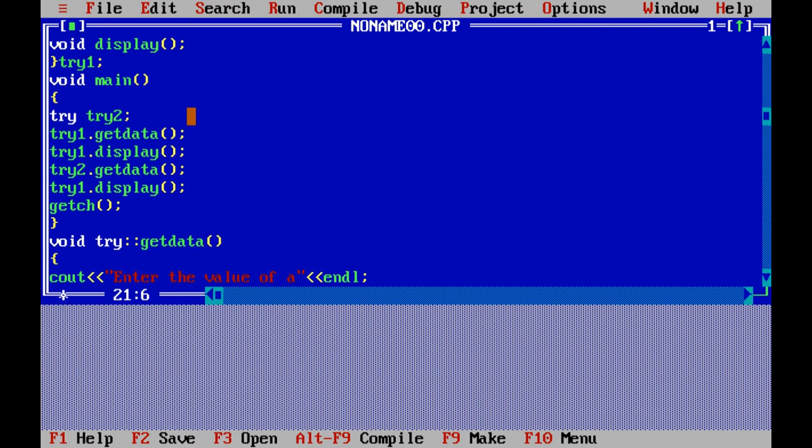Then similarly we are defining the display function, where a and b are added and stored in c, and the value of c is displayed, so it is put under the double quotation with cout. And this line is a very important line: the control is getting transferred to main.